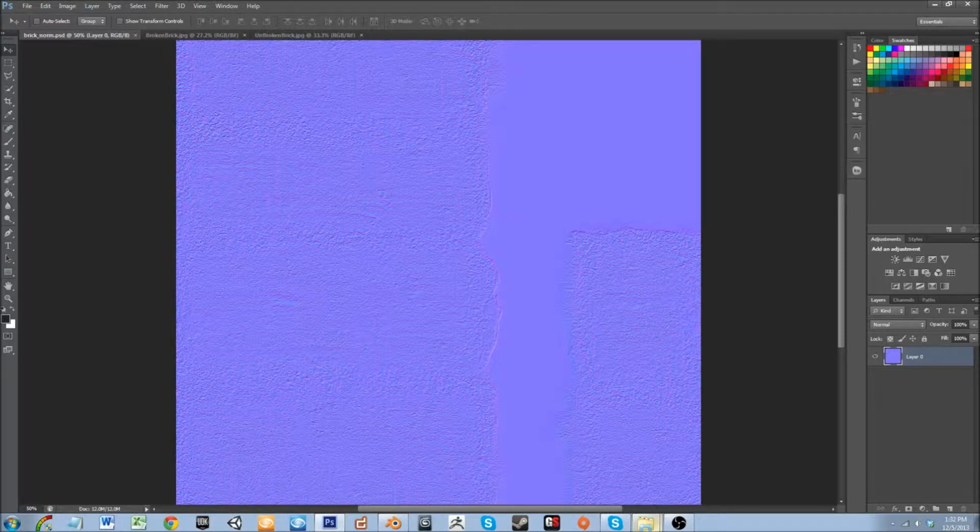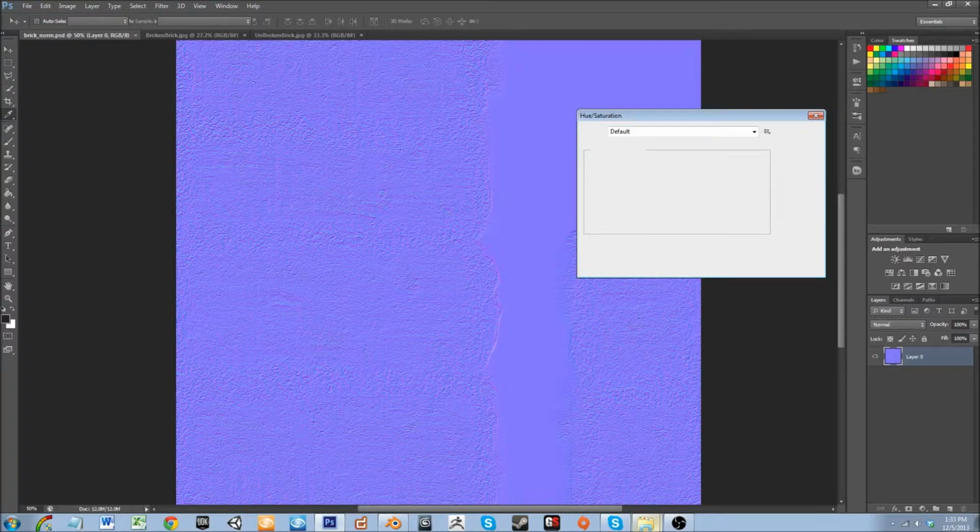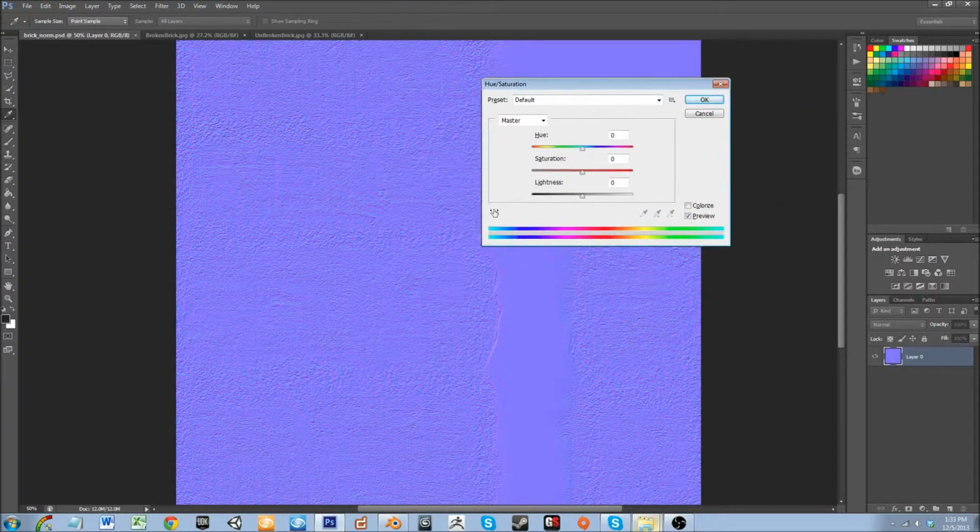Save. And now at this point we're going to create our specular map. Like I said, specular maps are on their way out, so this is not real applicable for next gen engines. I'll explain that again in another tutorial, but for now you're going to learn what specular maps are and